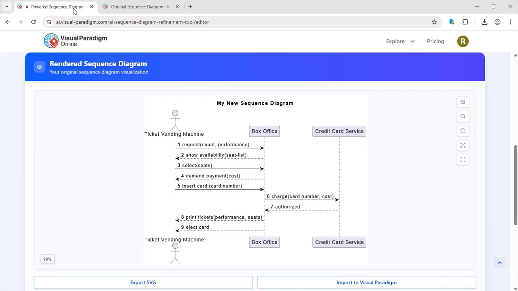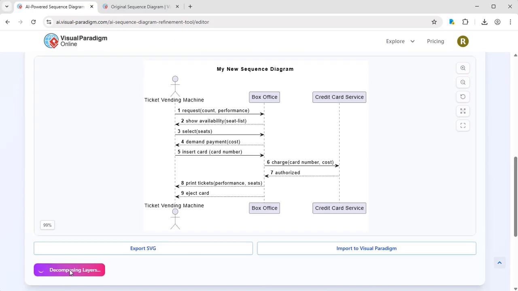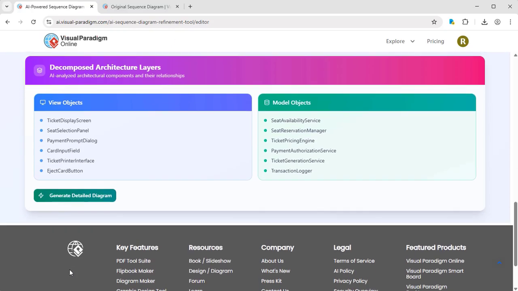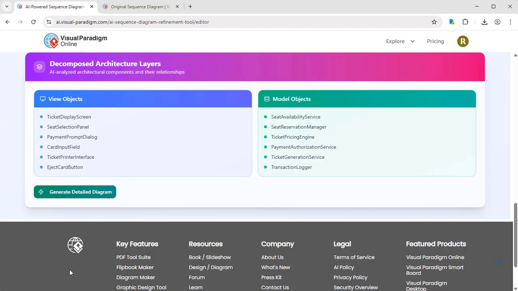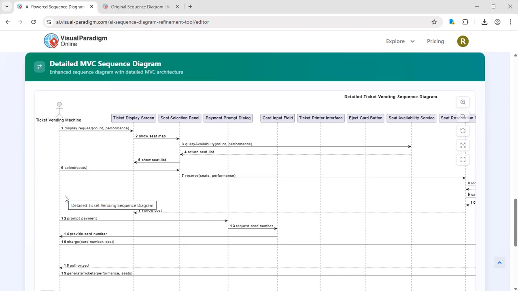Back to the AI tool, press the Decompose Layers button. The AI engine will then analyze your diagram and helps to find out the view and model objects. We can then press the Generate Detailed Diagram button to let the AI engine generate the detailed sequence diagram for